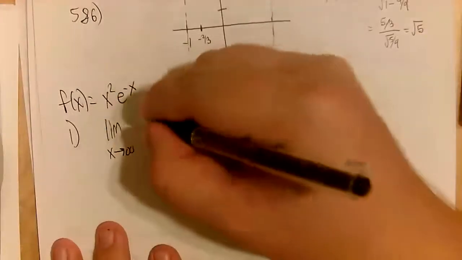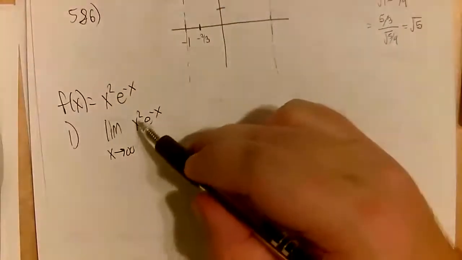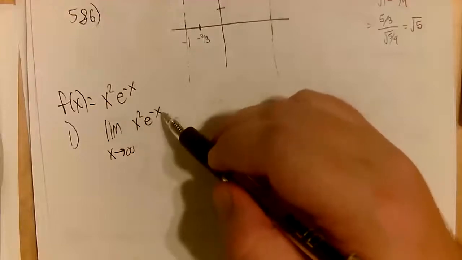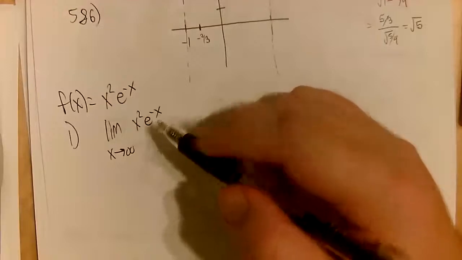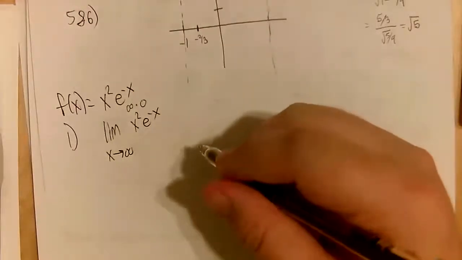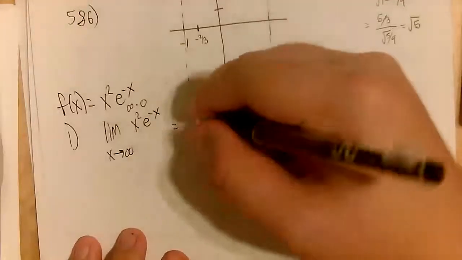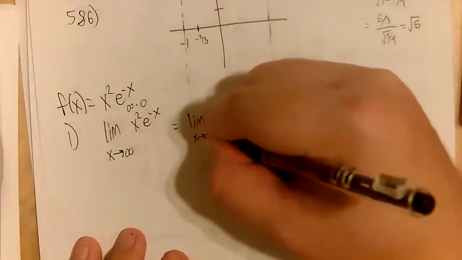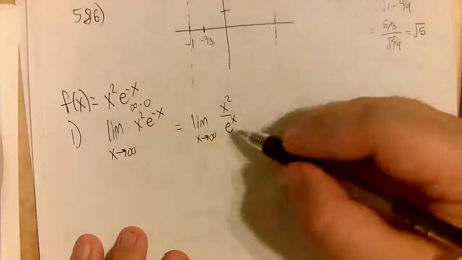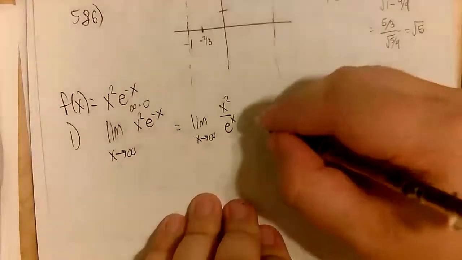We have the limit as x goes to infinity of x squared e to the negative x. All right, well, on the one hand, x is going to infinity, but on the other hand, e to the negative infinity is going to be 0. So this is actually an infinity times 0 indeterminate form. This is why we have L'Hopital's rule lesson right before this one. So how do we deal with this? Well, the way we learned it in the L'Hopital's rule lesson is we move something to the denominator. So I'm going to rewrite this in this form, and then we have an infinity over infinity limit,